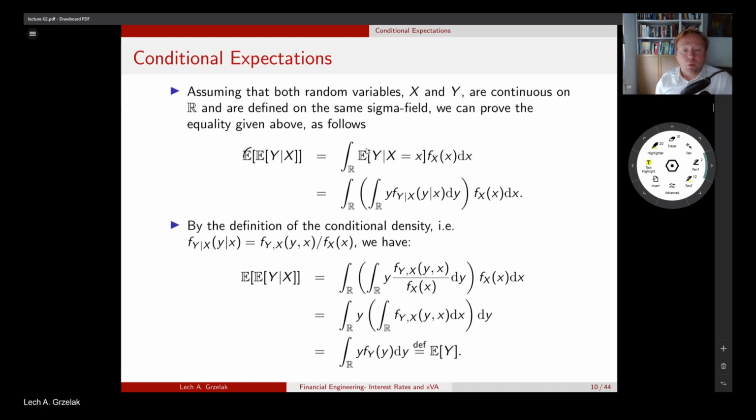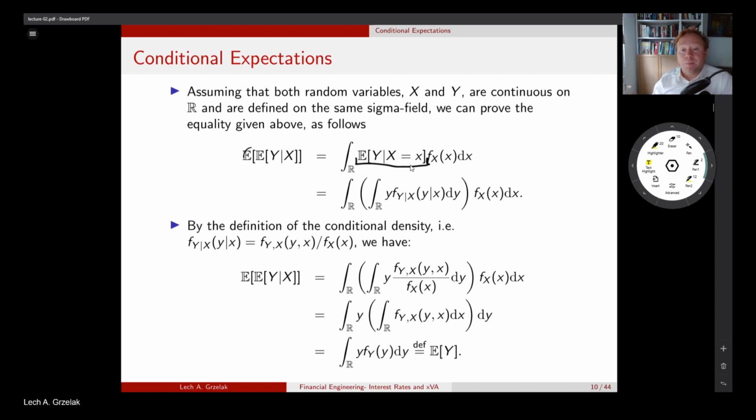By definition, we have the integral of the inner expectation of y given x equal to x, multiplied with the probability of x, dx. So you see, this is essentially the expectation for which we know the expression analytically. Like I just said, in a simulation, if we can condition on a random variable, and we know the answer analytically, then